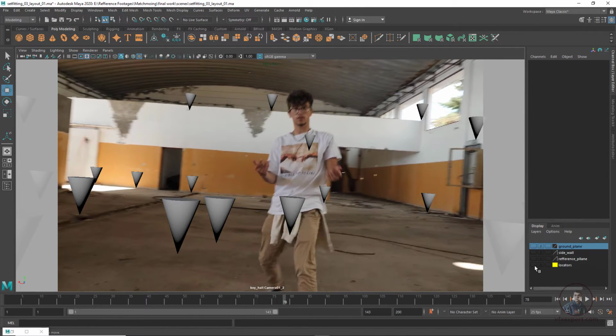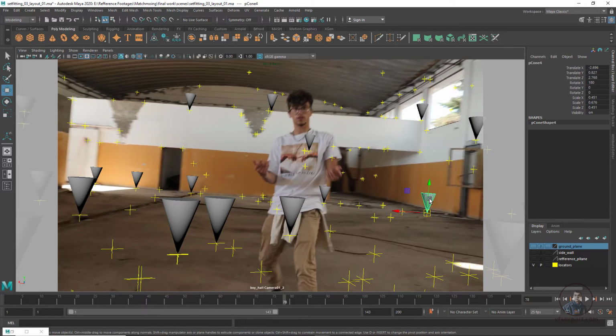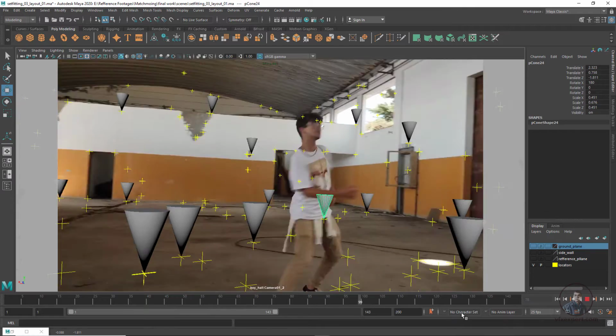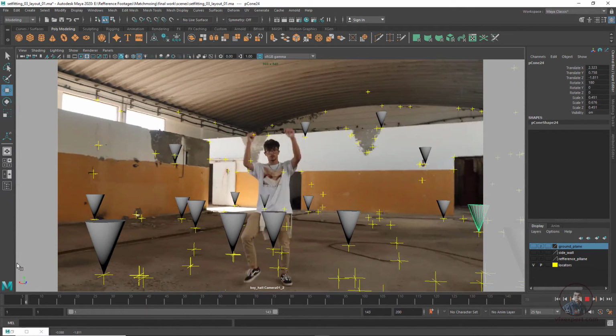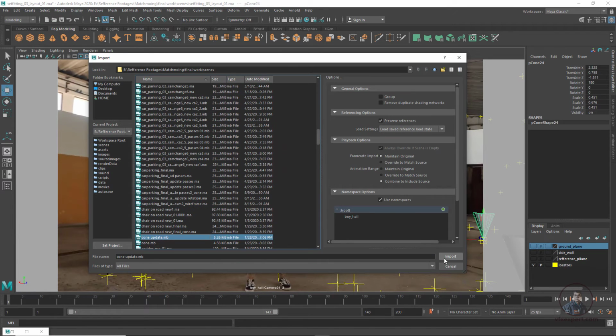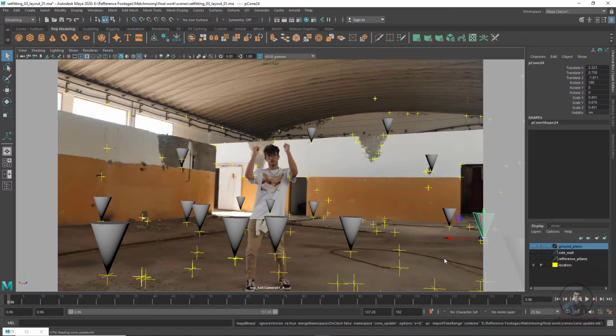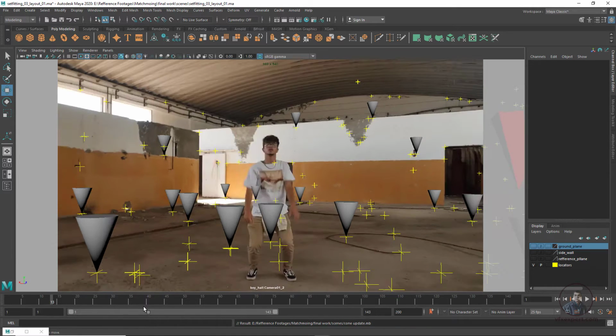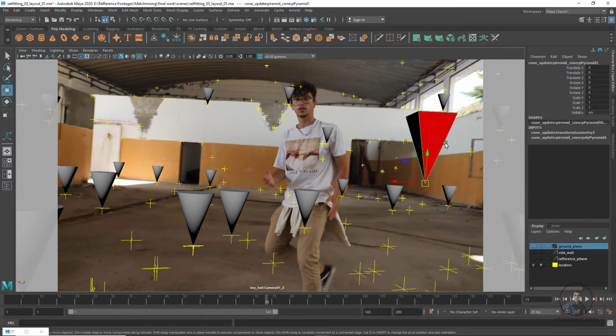So like this you can place. Maybe Ctrl T and V. If you have another cone, then you can import it. Click on File, click on Import, this one, Import. Now move it a little bit here, so you can see like this also. Then select and press V here and you can place it anywhere.